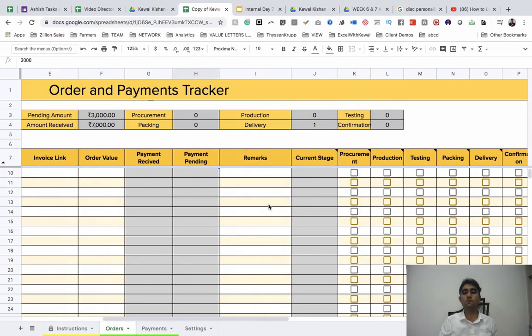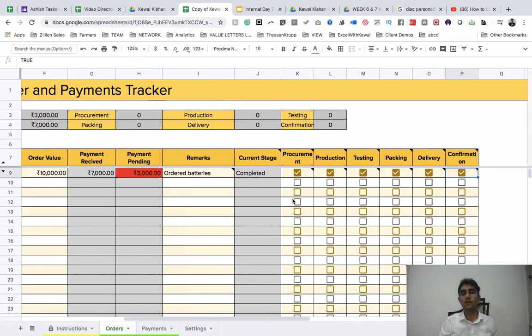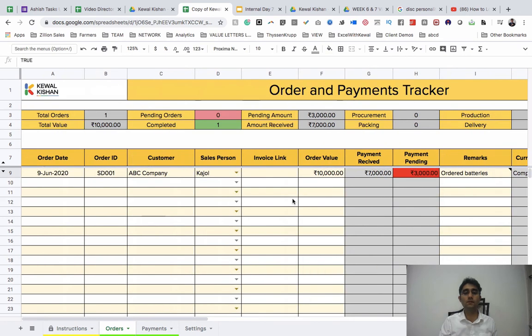Now you say that, okay, right now I'm clicking on delivery, and in fact I'm clicking on completion as well. So it's right now completely completed. And have a look, my friend, it's automatically changed from pending order to the completed order as well, right? Awesome, awesome, awesome. Great. J column. Yes. Great. Okay.